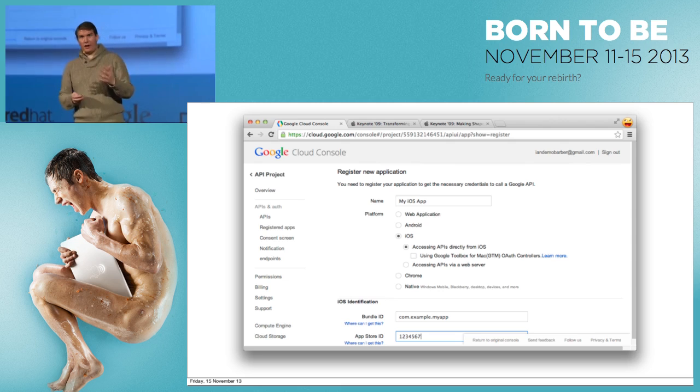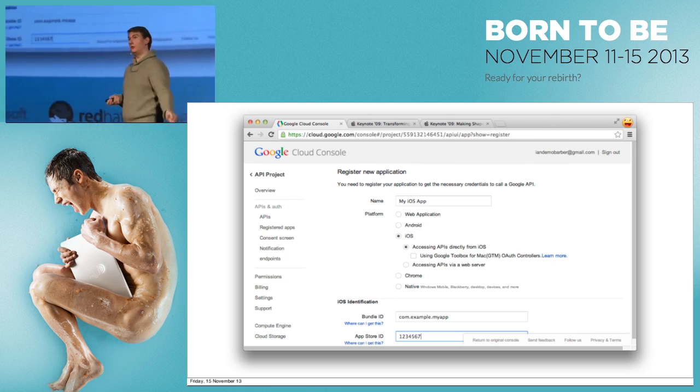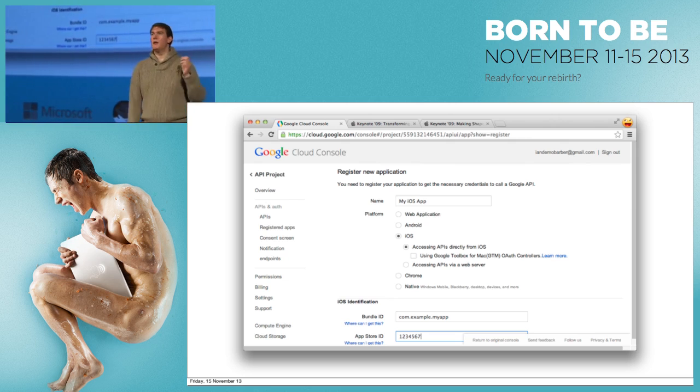So iOS doesn't have something as nice as the intents model, but it does have custom URLs. And that's how we can do calls between applications. But it means that we need to have a known URL for each application using Google Plus Sign-In that we can call back to. So when we call for a deep link, we have to call to a URL.